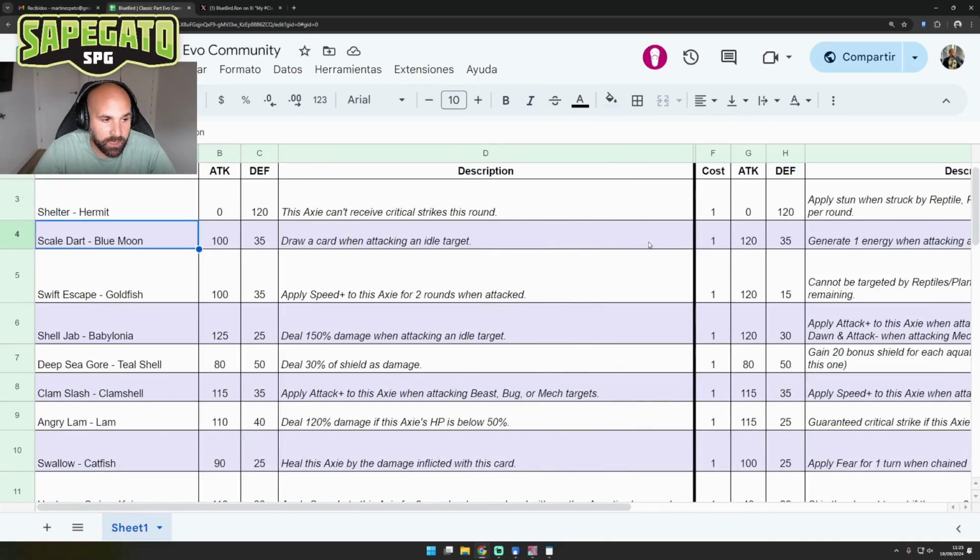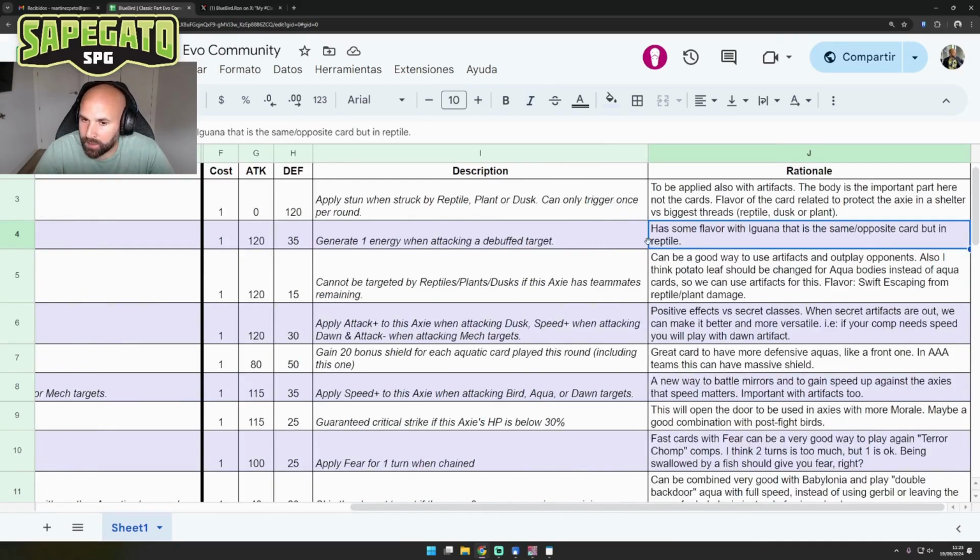That is Scalar or Blue Moon. The current one is 100 attack, 35 defense, and it's draw card when attacking another target. I think this card is pretty useless right now. I think it can be improved a bit, maybe 110, 120 attack, and a bit less defense. But I think it's good with Babylonia right now. I understand why the Sky Mavis team worked on this on either targets, but I think it's going to be better if we give a flavor of